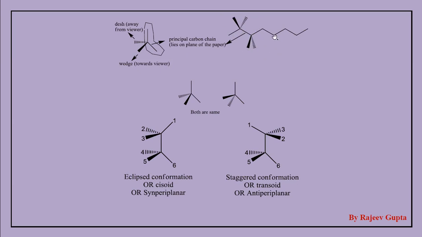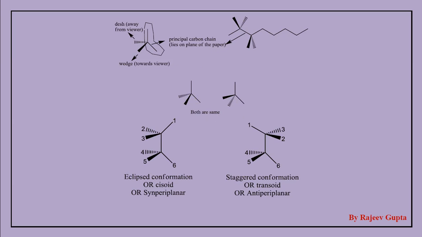Okay, here CH2, so one hydrogen will be at wedge and one other hydrogen will be situated on dash. On each carbon atom we can observe like this. Now observe these both structures, where the wedge portion is drawn here and this dash portion. In this image, the wedge portion is drawn above the dash portion. Now see, these both structures are same.